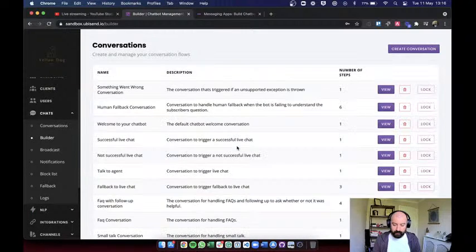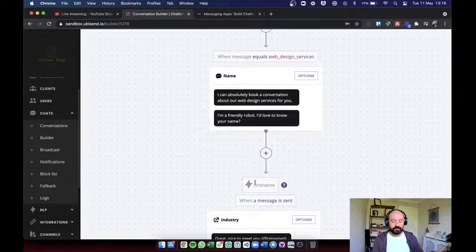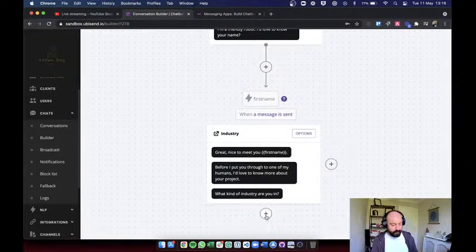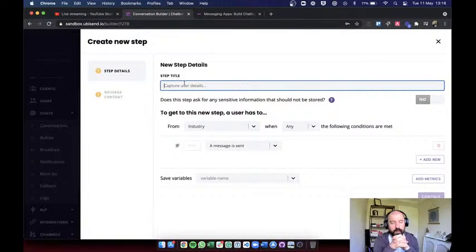Perfect. I'll try and build this a bit quicker than the other ones, just because we've already gone through a couple of conversations, so you should know how this all works. So, what kind of industry are you in? Perfect. We'll actually do something a bit different with this one, but I'll keep that as a secret for now. And then, okay, so what we probably want to do here is we have the industry. We probably want to know